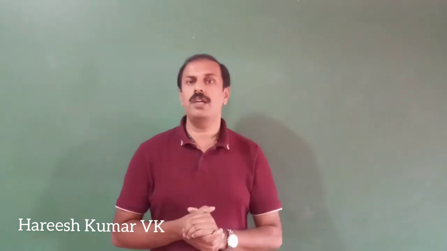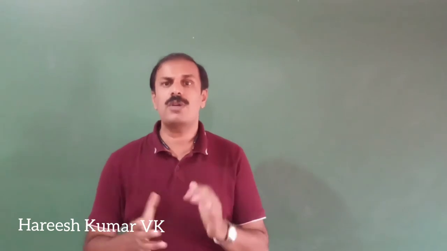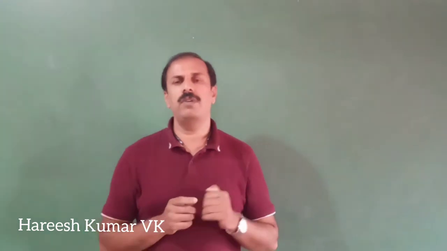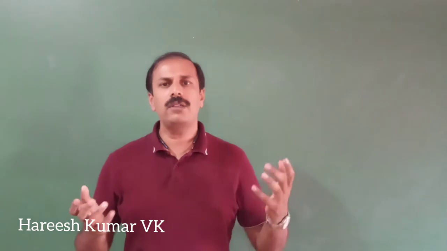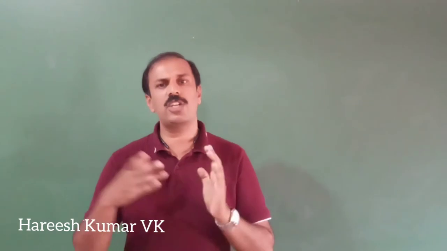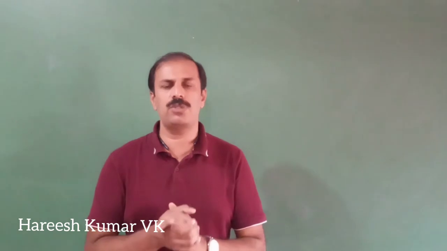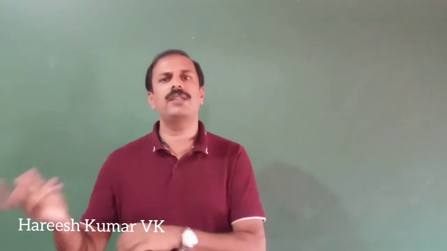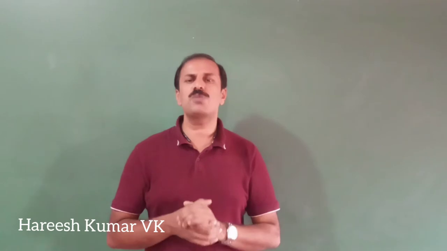The word convention we already used, the conventional direction of electric current, when we studied electricity. What was the meaning of that? We were taking a particular direction and we don't have any justification why we take this direction. We can take the opposite also. But as a standard, everywhere we assign a particular direction as positive and a particular direction as negative. That's called a sign convention. If somebody is taking one direction as positive, then everybody should take that direction as positive. Like that, we will discuss the sign convention for a spherical mirror.